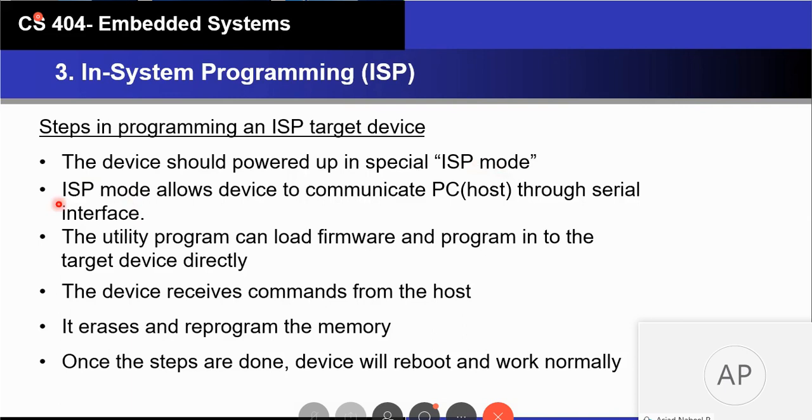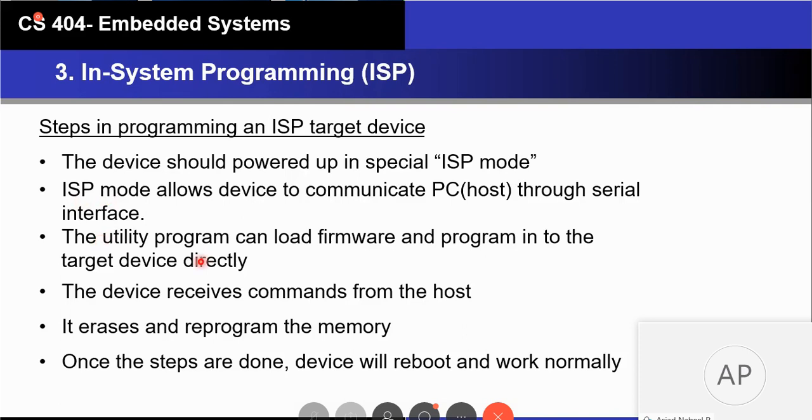When the system is loaded in the ISP mode, we can connect the device to the computer. The device is now capable of communicating with the PC using the ISP protocol, which can be JTAG or SPI, which we will see next. Now it is capable of communicating with the utility program.